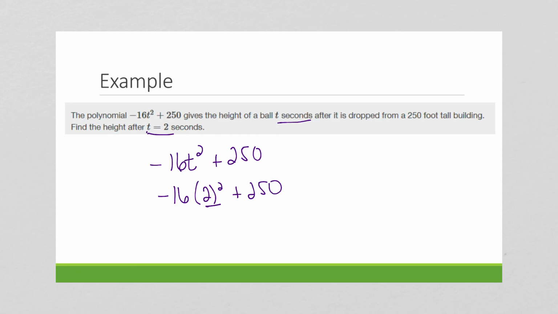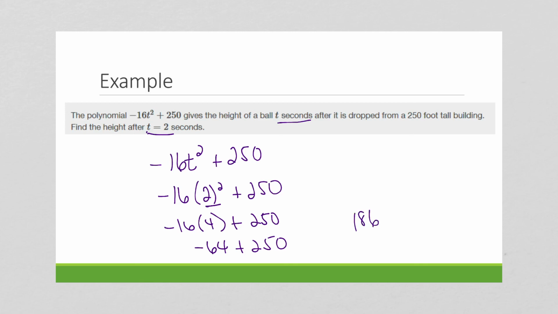Okay, 2 squared is 4. -16 times 4 is -64. And when we add these together, we get